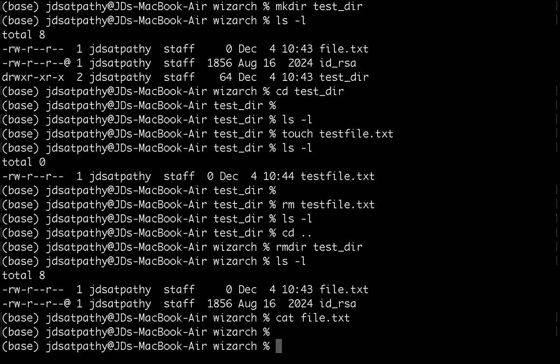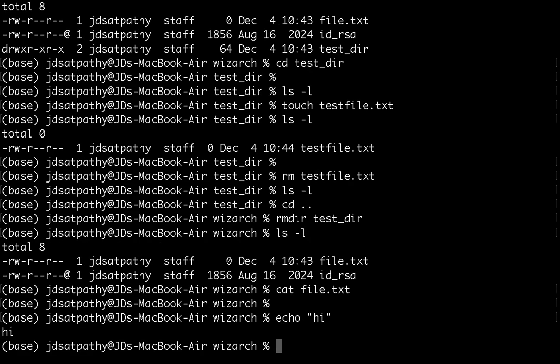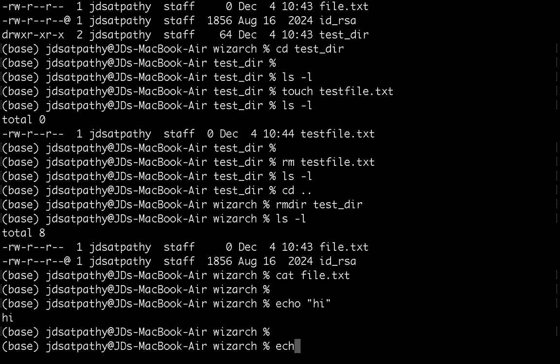But let's say we want to add some content into the file. The easiest way is to use the echo command. Echo is nothing but whatever you put over here, it will say that. Echo hi means it will say hi. So you will say echo hello world,